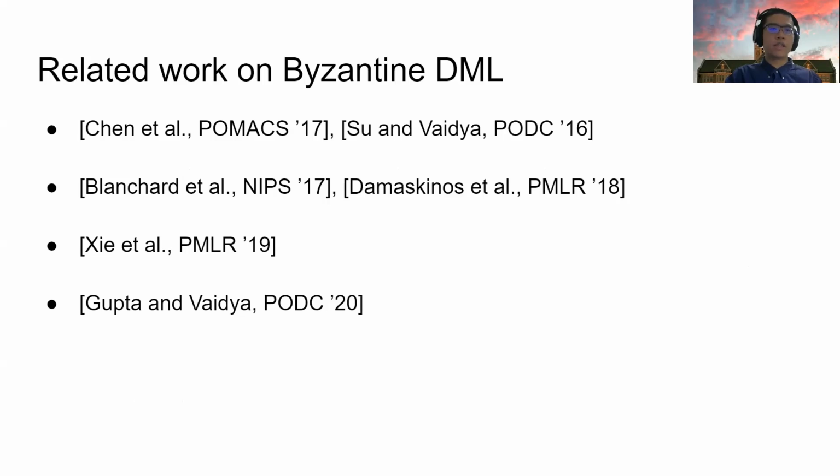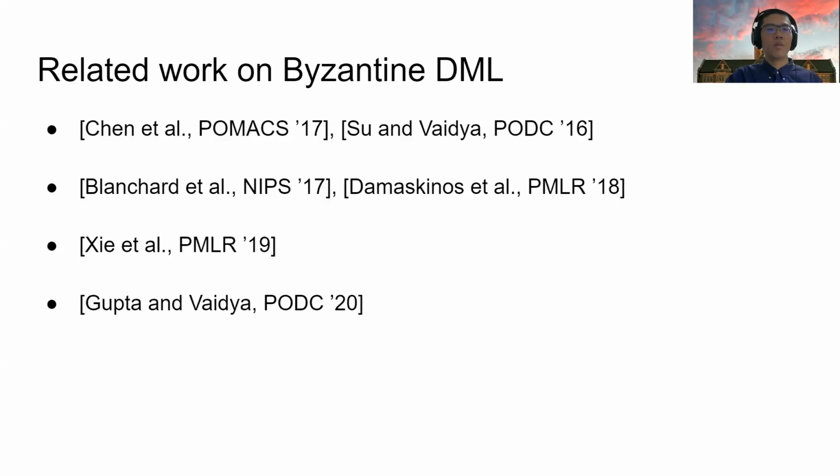There are many related works on Byzantine-tolerant distributed machine learning. However, to the best of our knowledge, none of the prior works have considered the communication cost from workers to the server. Chen and his group, and Su and Vaidya, proposed fault-tolerant distributed algorithms using geometric median as their aggregation rule. Blanchard and his group proposed the Krum algorithm, which chooses the gradient with minimum sum of the closest Euclidean distances. And Damaskinos and his group extends this result to the asynchronous model.